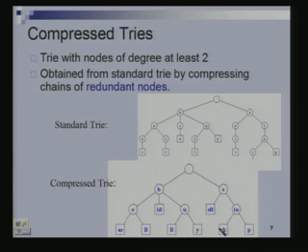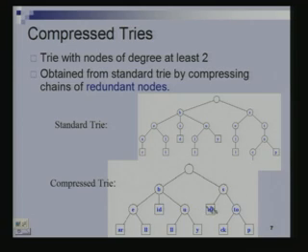This is what my compressed trie would look like. Sorry, this is overlapping with this. There is one node here that got missed. This part is the same, B and S is the same. ID collapses into one. This becomes ID now. Now a node doesn't have just one single character, but a string as its label. This E, AR collapses here, L collapses there, and so on. As you can see, this is smaller than this. Why would this take less space now?